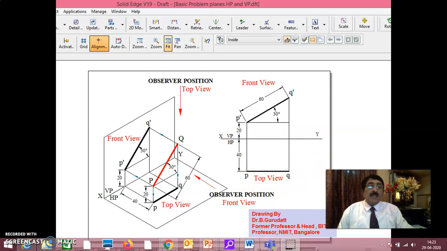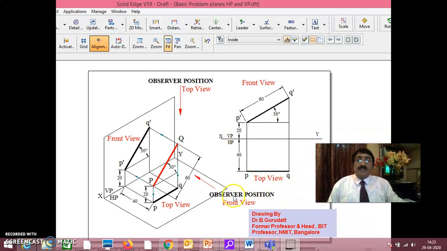See here, please understand. This I've shown you already. Now the problems we are doing here are inclined to both HP and VP. Correct, no? Now you see here, in this problem the line is PQ, capital PQ, the red line, for which you got the top view here, the front view here, and the corresponding front view and top view we have written here. These things you already know. That means this is